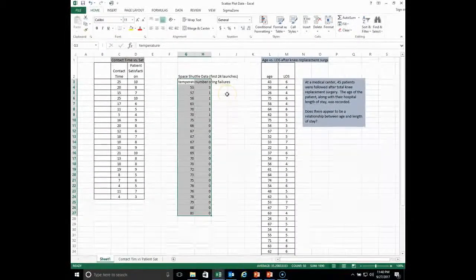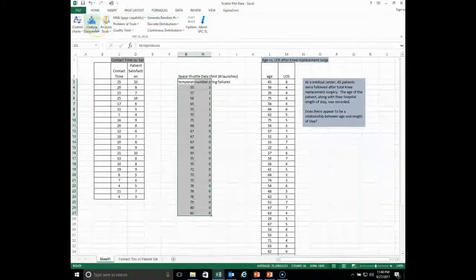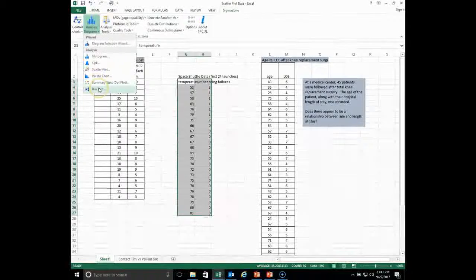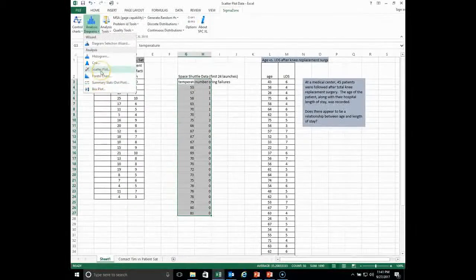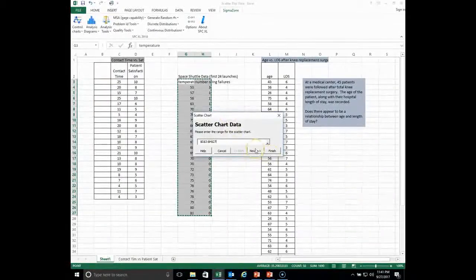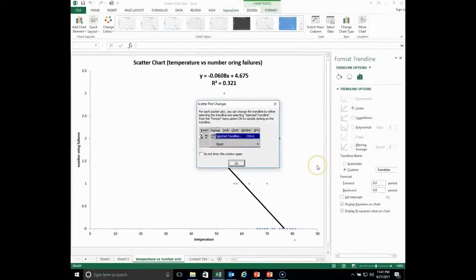That's what we'd like to investigate. Obviously, the 25th launch of the space shuttle was Challenger, and we had an accident, a disaster. So let's take a look at this temperature versus O-ring relationship. So let's go to analysis diagrams, bring the scatter plot up, click through, we've highlighted the data, and the graph